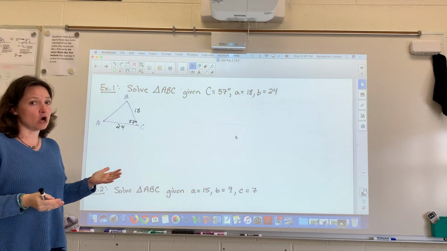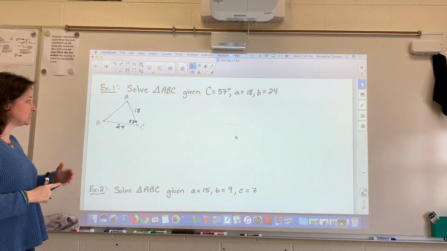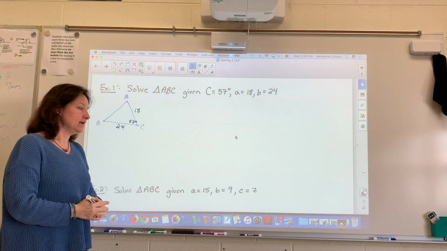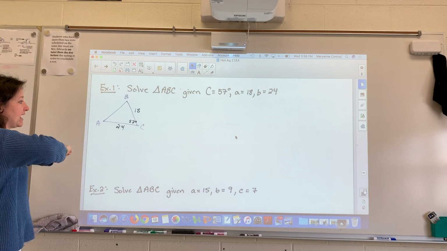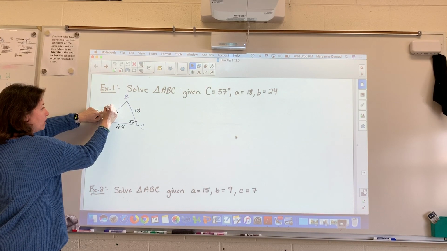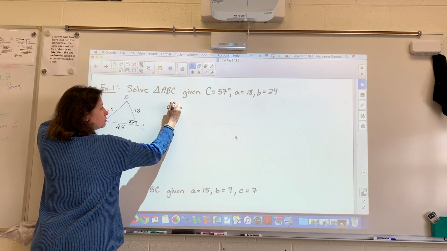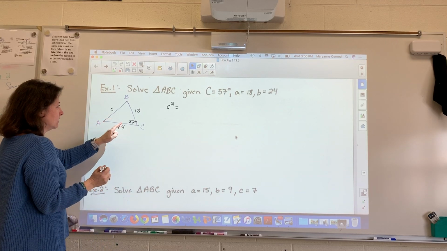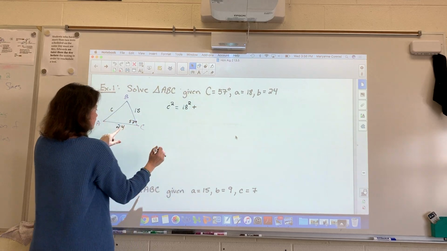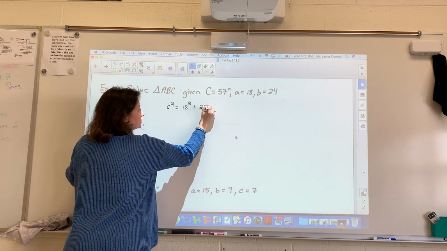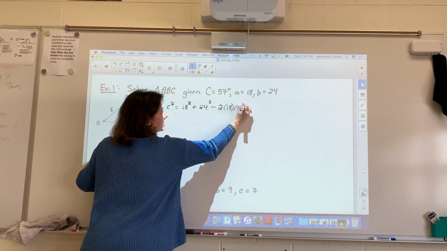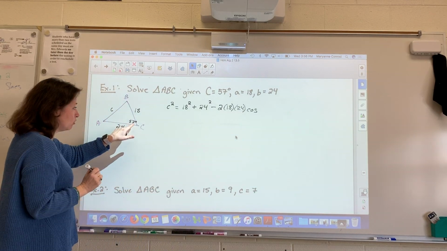Well, we can't use SOHCAHTOA, it's not a right triangle. Can't use law of sines because I don't have a complete ratio. So I have to use law of cosines. Since the angle that I know is angle C, the whole equation is going to equal the side across from it, which is little c. So little c squared equals little a squared, 18 squared, plus little b squared, 24 squared, minus, don't forget the 2, times 18 times 24 cosine of the angle we're working with,